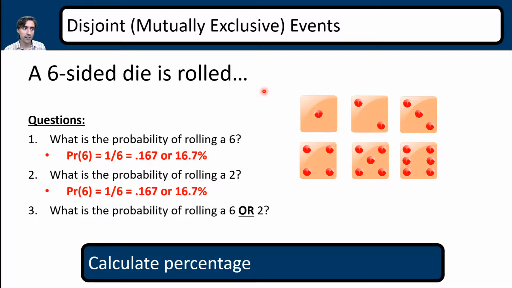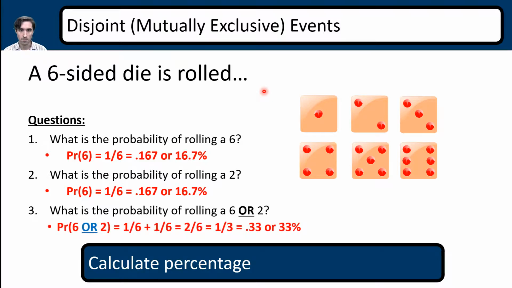Okay, what are we going to do here? I'm questioning my life now. What do I do? Is it this one or that? Well, we just add, so it's not too bad. We would just add 0.167 plus 0.167, and that equals 0.33. We can also do it in fractions. Here it is. Calculate the percentage. Bam. What is the probability of either getting one number or the other number? 2 out of the 6.